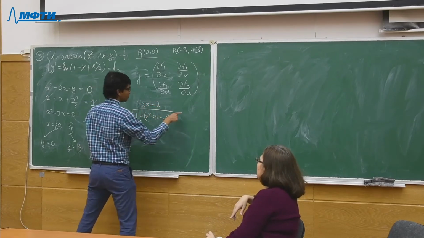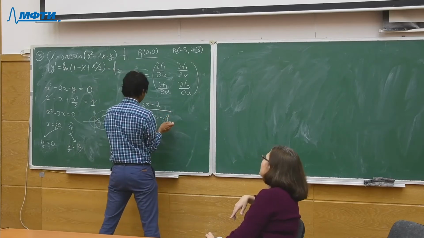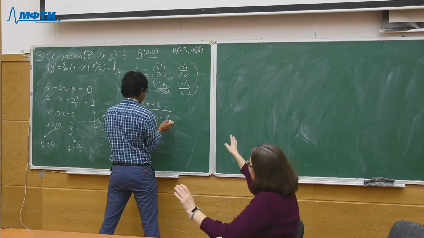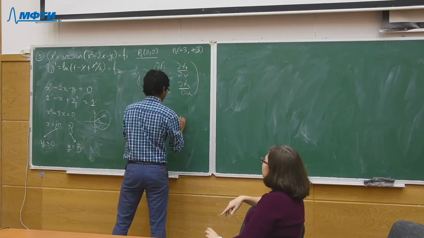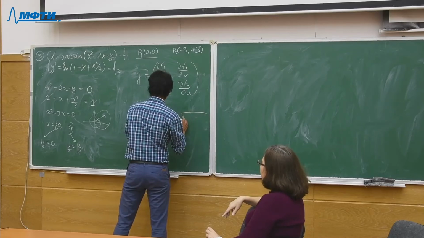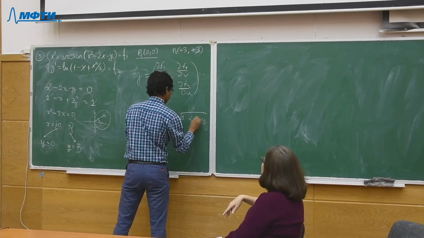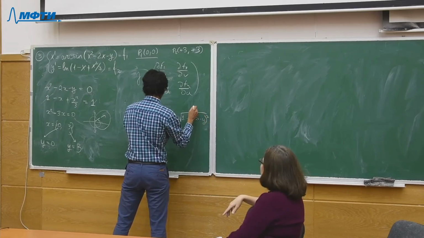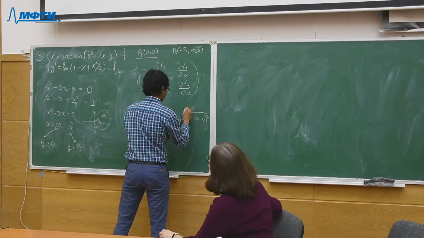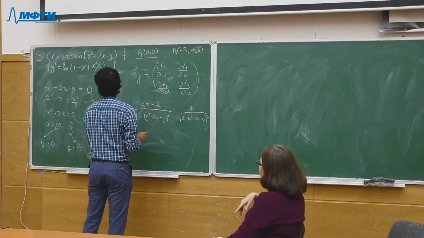And next we must substitute 0 and 0 for x and y. So you may write the matrix and after this substitute the point. Just minus 1. Minus 1. And the second part is